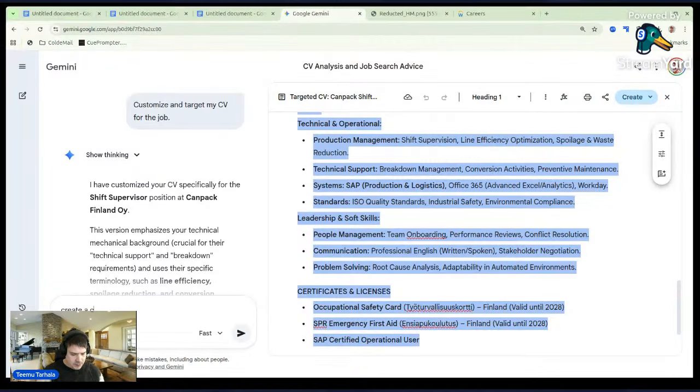Create a cover letter. Let's see what happens. Create a cover letter, and there we want a section. Add a section on what we bring to the table.